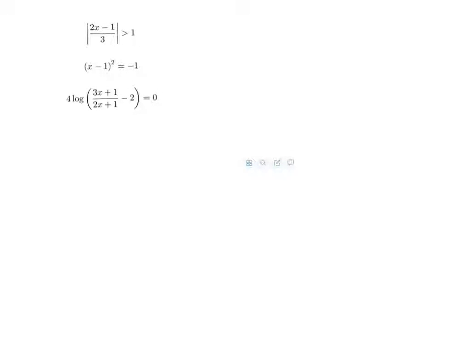So now I come to the second case, when 2x minus 1 divided by 3 is smaller than 0, then obviously we have that 2x minus 1 is smaller than 0, and then we have 2x smaller than 1 and x smaller than 1/2. Okay, so in this case, if this is negative, and we have to take the absolute value of something negative, this means that we have to put a minus in front of it